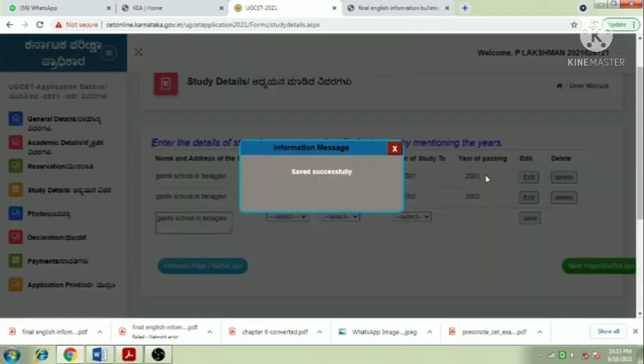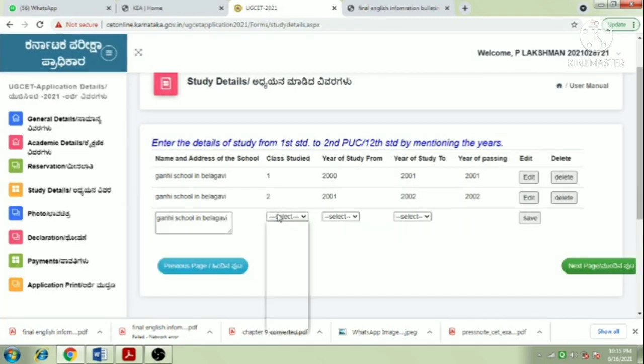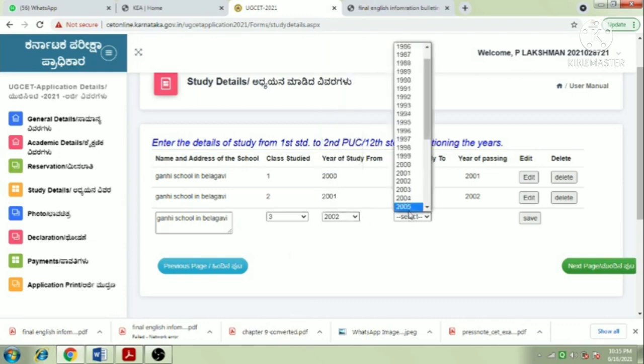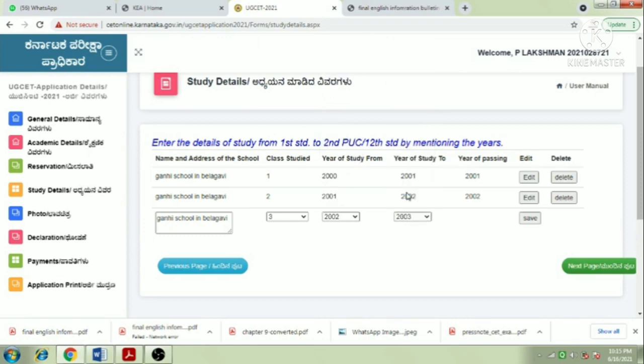Save. Saved successfully. Next, 3rd class. Again 2002 only is the pass of 2nd class and the start of 3rd class, 2002 to 2003. Then save.